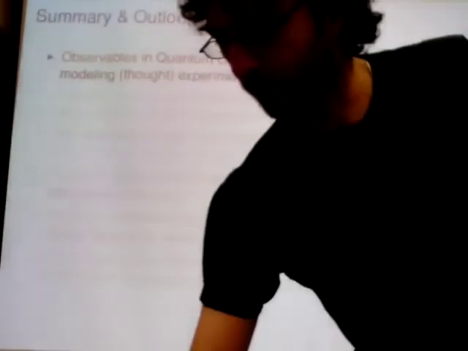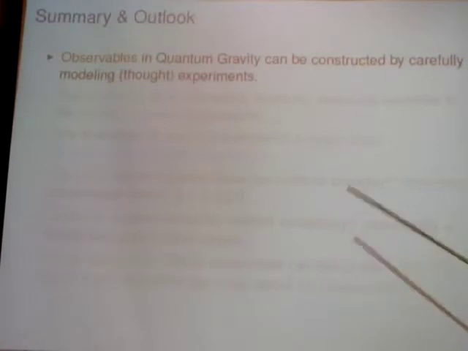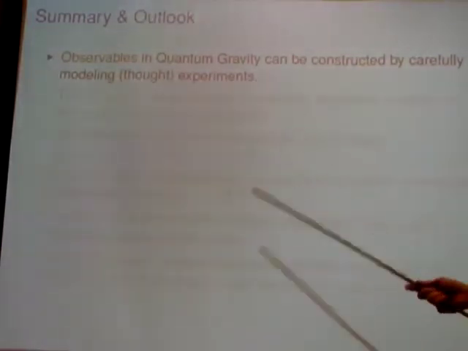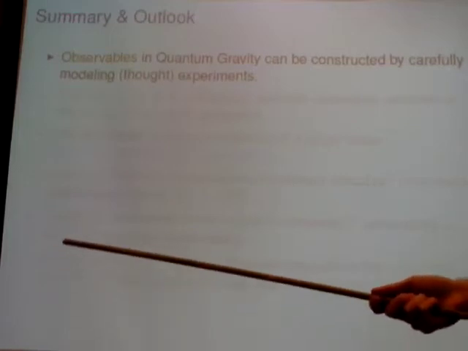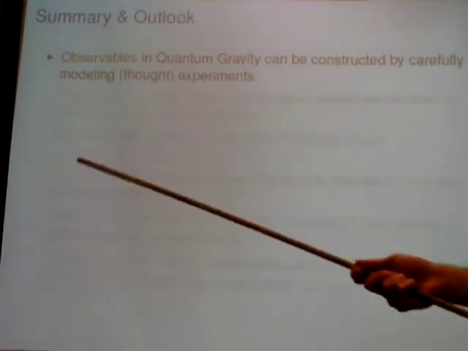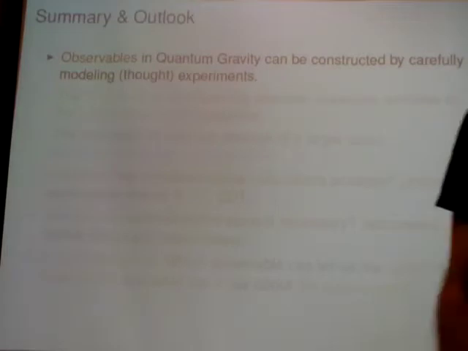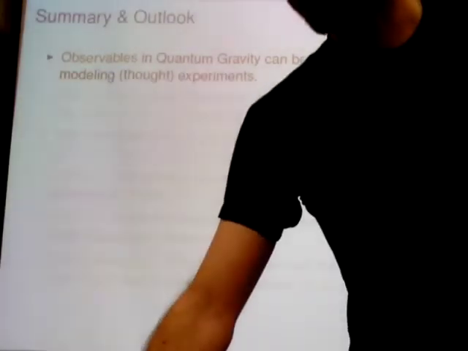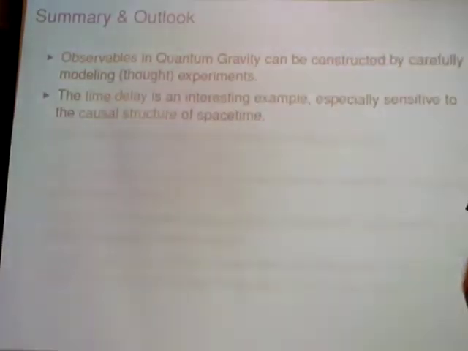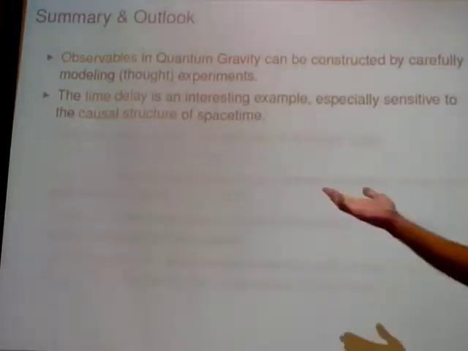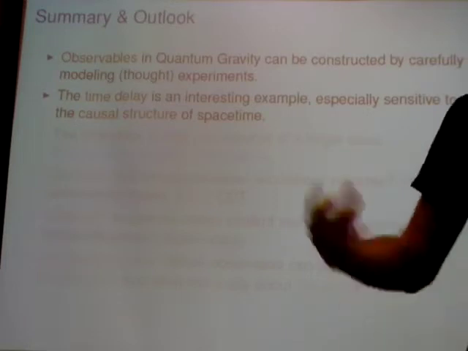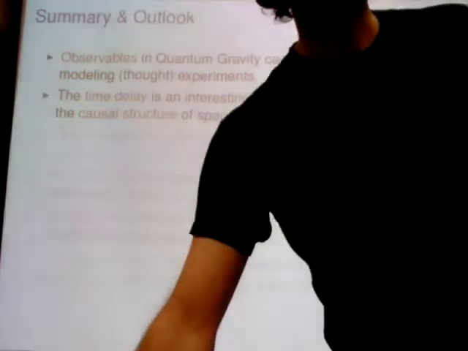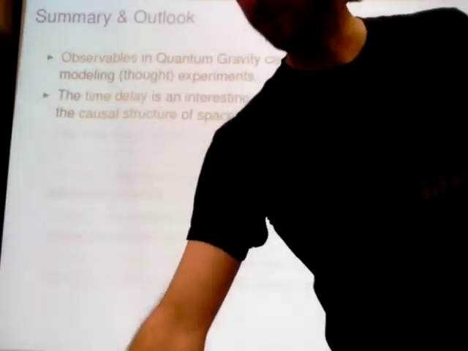Right? So now let me conclude. So I've discussed how it's possible to construct very reasonable diffeomorphism invariant observables in classical and quantum gravity by considering thought experiments and the corresponding physical interpretations associated with them. I showed you that time delay is a particular example of such an observable, and that besides being an example, it's also sensitive to the causal structure of the ambient spacetime where the experiment is